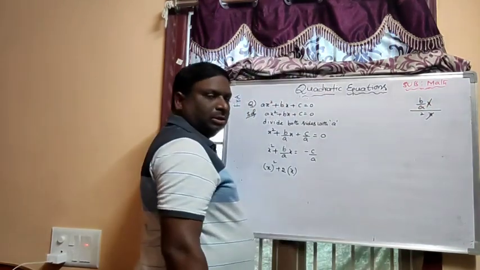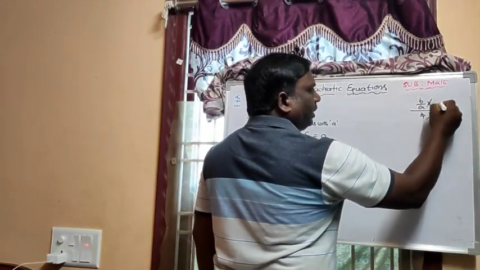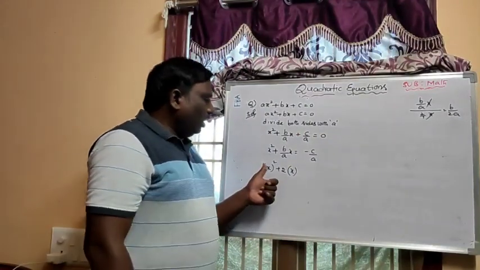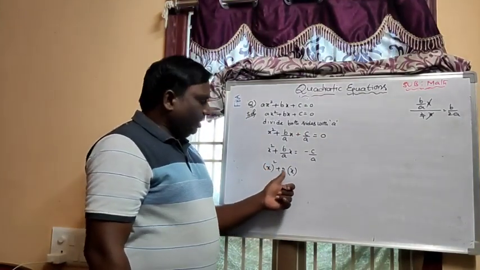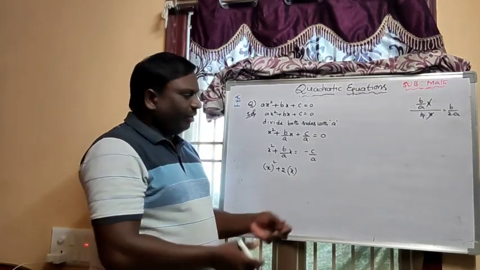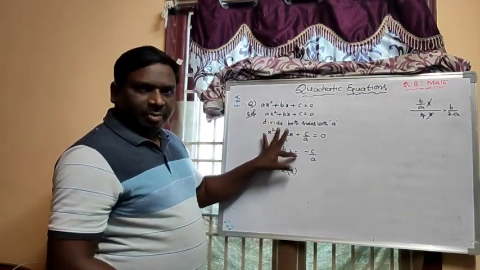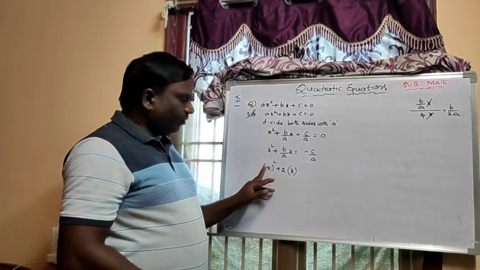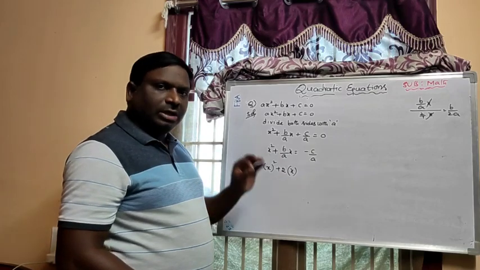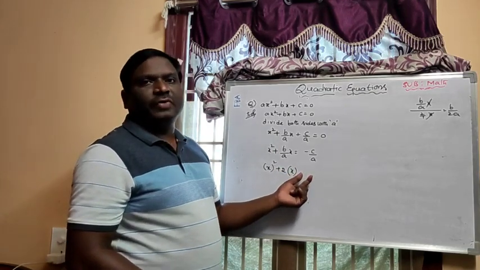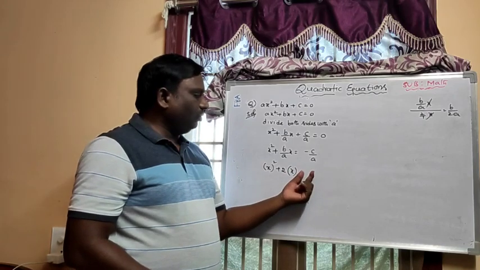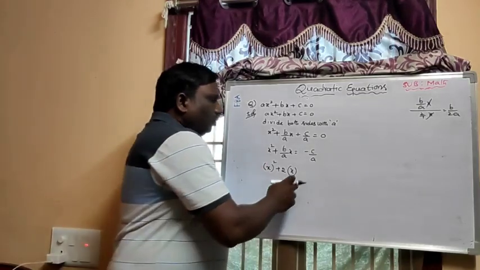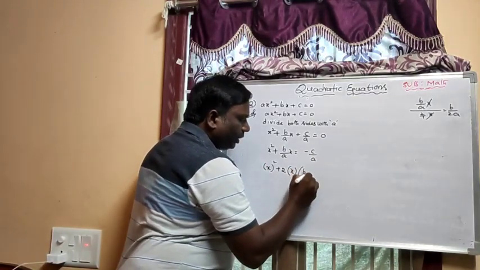These two will cancel. So actually this is 2 by 1. When you take the reciprocal, it will become b by 2a. That is the b value. Already I decided the a value as x. I'm deciding the b value here. To get the b value, this second term of the quadratic equation divided by 2 times the a value, whatever the a value x, 2x, definitely you will get the b value. That is the simple logic to find the completing square method. If you know how to calculate the b value, the total completing square method is very, very easy. So now, what is the b value? b by 2a.